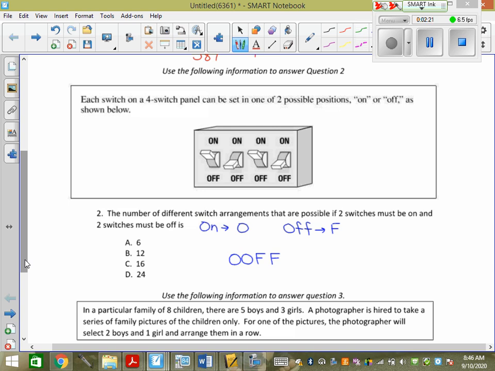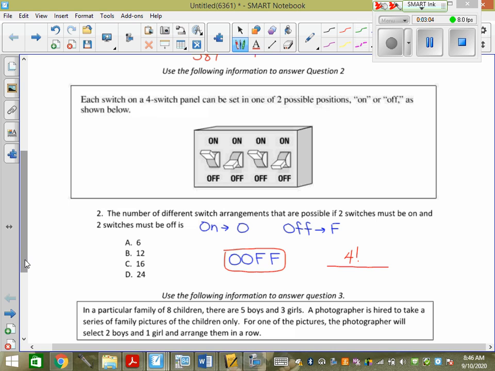So how could I rearrange the word OOFF? How do you rearrange a word with doubling and tripling letters? On the top you have, how many blanks are there? 4. And then you have how many for the first blank? 4, then 3, then 2, then 1. When you go to rearrange words, if there's no restrictions on the word, like it doesn't have to start with an O or end with an F or start with the vowels must be together, anything like that, you can literally just take how many letters there are and put that on the top, 4 factorial. Remember, this is just like when we did DIR yesterday. Same thing, when we did the DIR with the pathways.